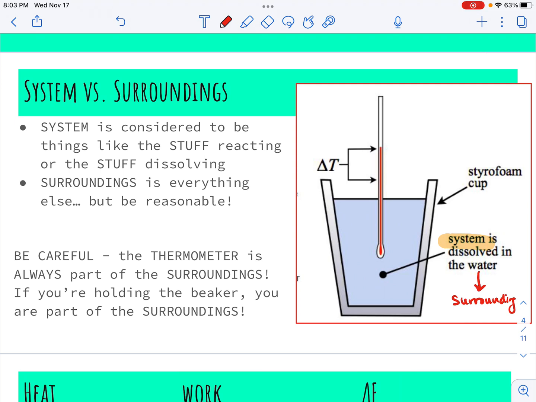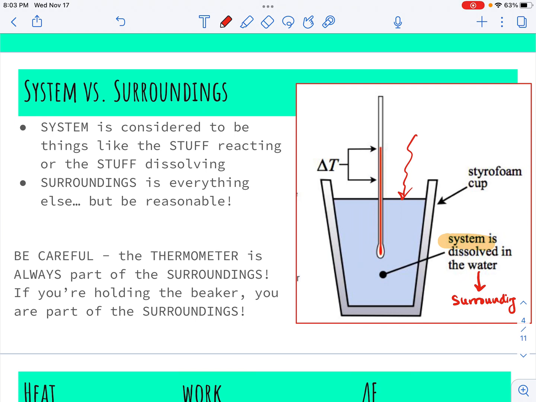The water is the surroundings, the thermometer is the surroundings, the styrofoam cup is the surroundings. In this case, the air that touches the water is the surroundings. And so this is a really important distinction. And it's going to be confusing as we work with calorimetry. The one thing that you have to think about is that the thermometer especially is always a part of the